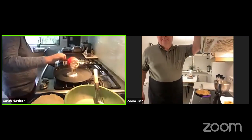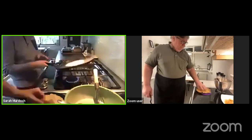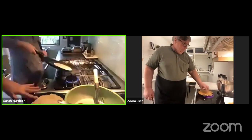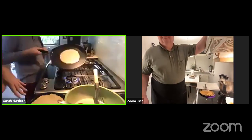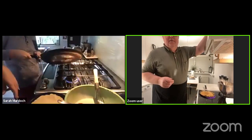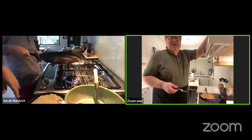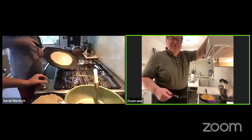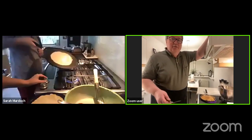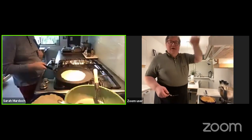And start moving it around. This smells really good. I'm really tempted to have some now, but there's no sugar in it. Some put sugar into these, but these are just plain, right? Yeah, there are two main ways that we serve these. One is that we drizzle sugar over and then we roll them up. Okay. And another one is we put the rhubarb jam,